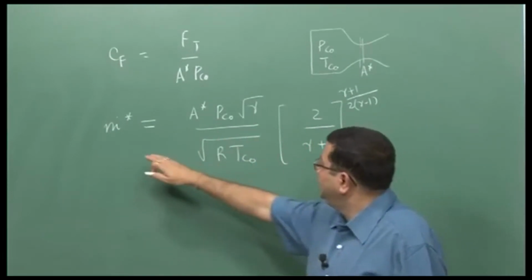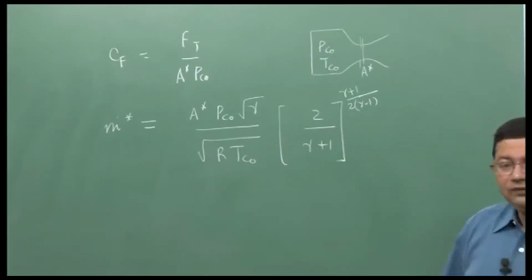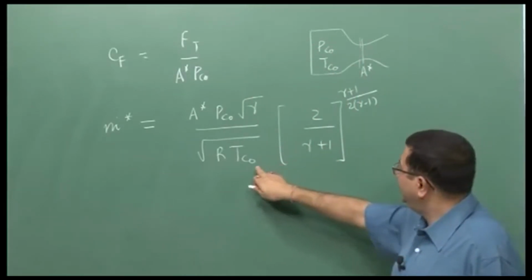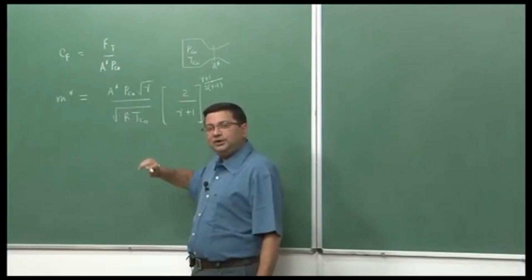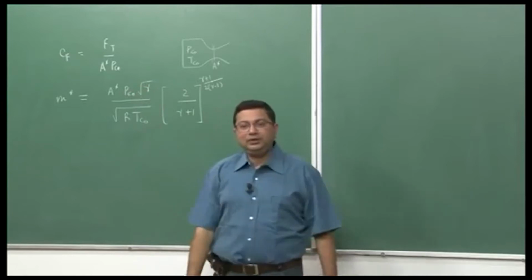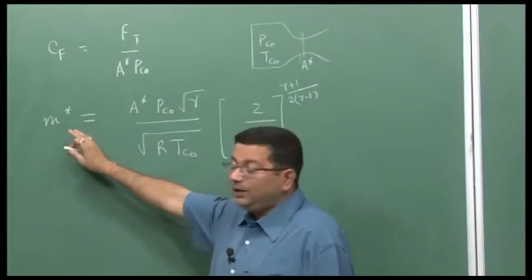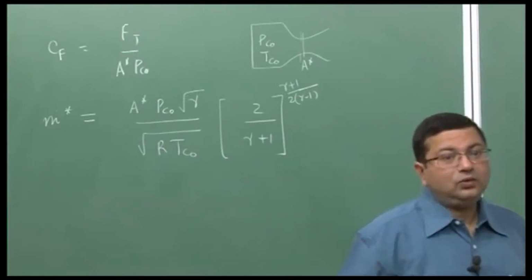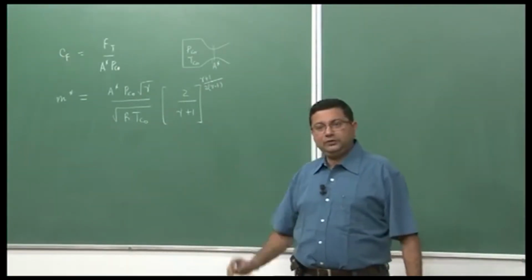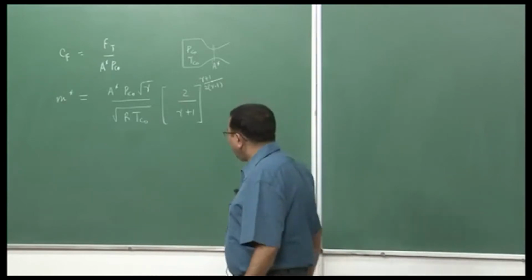Now, in order to increase the mass flow rate, since the throat area is constant, the only way is by changing the chamber conditions. If we reduce the combustion chamber temperature, the mass flow rate is going to increase, or if we increase the combustion chamber pressure, the mass flow rate is going to increase. We know that the mass flow rate will dictate the total thrust, because thrust is m dot u e plus the pressure term, or m dot u equivalent. So, in order to increase the thrust, one way is to increase the mass flow rate. Now,